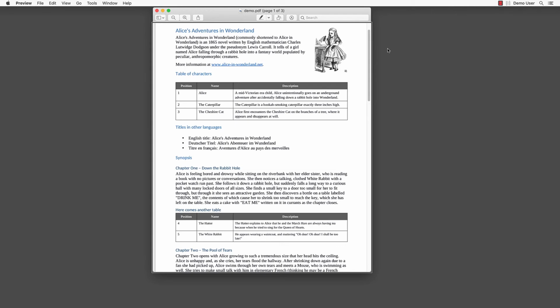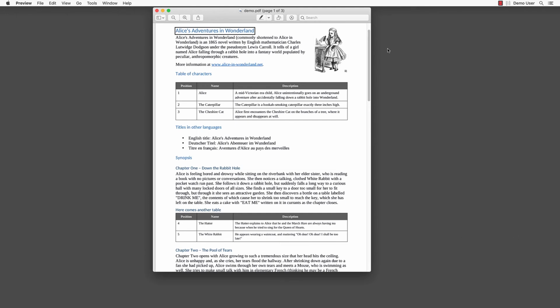Notice how the VoiceOver cursor is positioned on top of the first page of the PDF. Using VoiceOver plus Shift key plus down arrow, we enter the page content. In document group. 2 items. Page 1. In page 1. 17 items. Alice holding a bottle labeled Drink Me image. We continue reading and reach an image. As you can hear, the image has an alternative description which can be read by the screen reader.